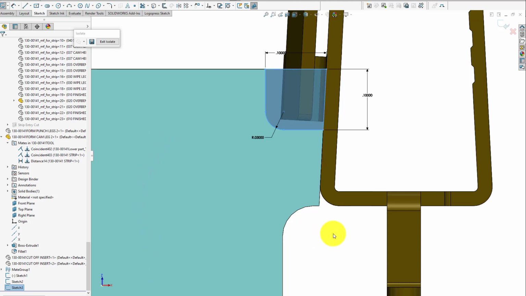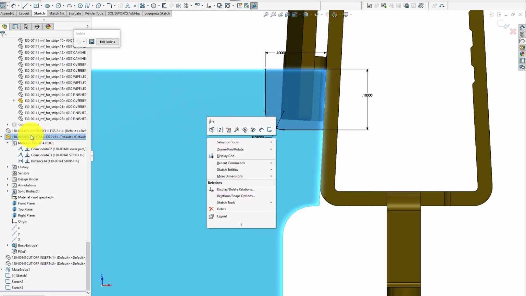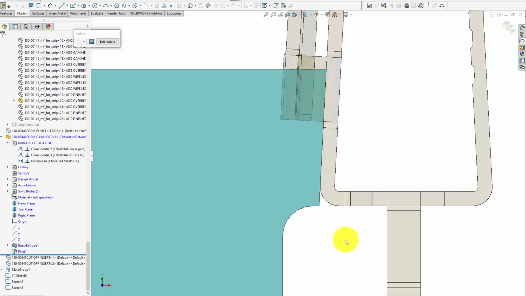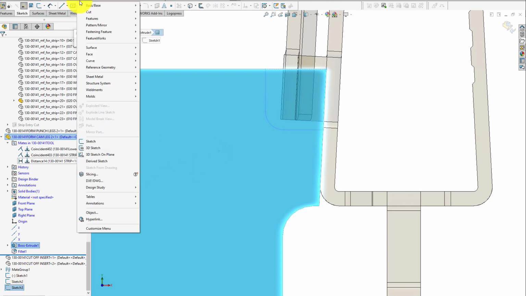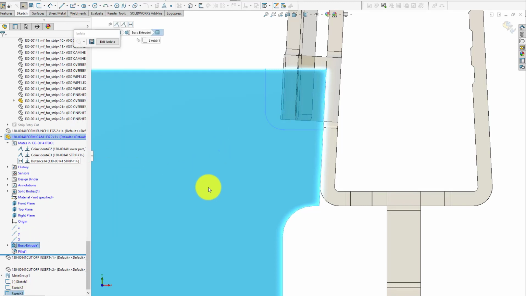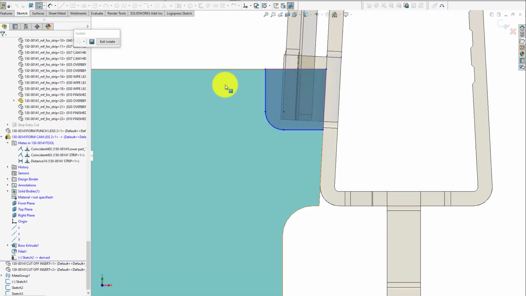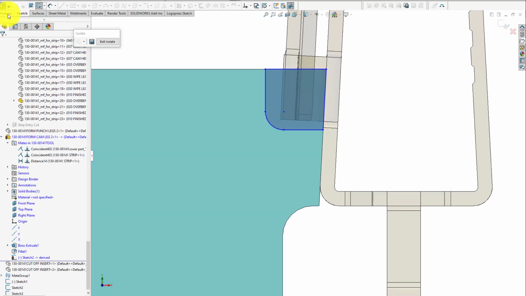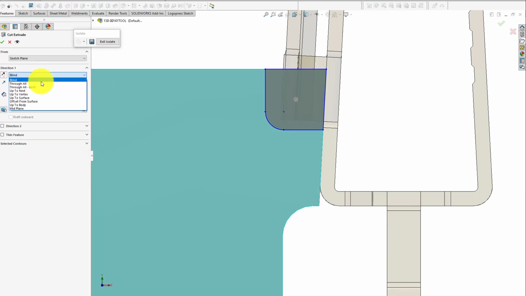Here's my preferred workaround. As I said, I forgot to edit the part, so go in, edit the part, highlight the face, select the sketch, and go to Insert, Derived Sketch. Now you have this sketch on this part edited, and you can create the cut. We want this to go all the way through. The cut is created,